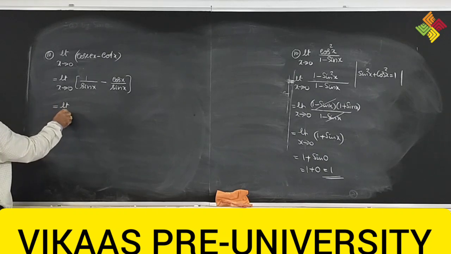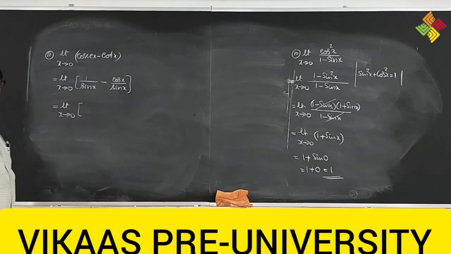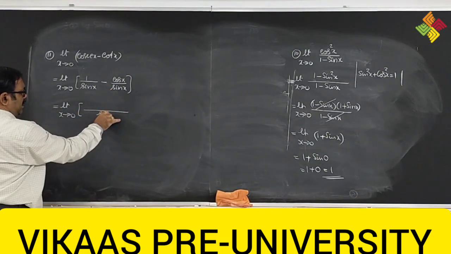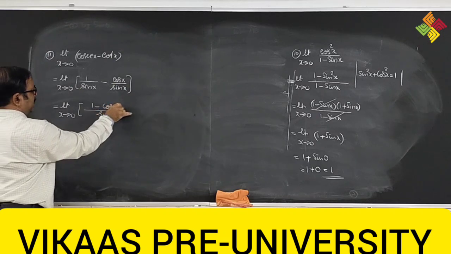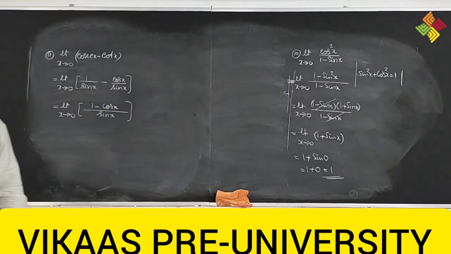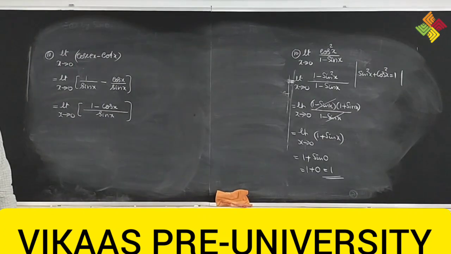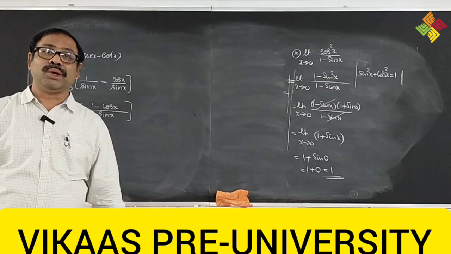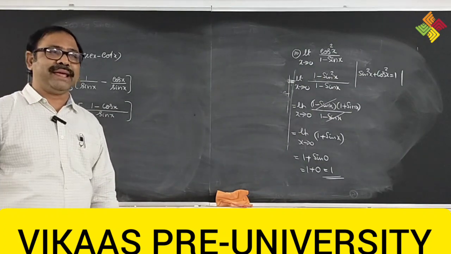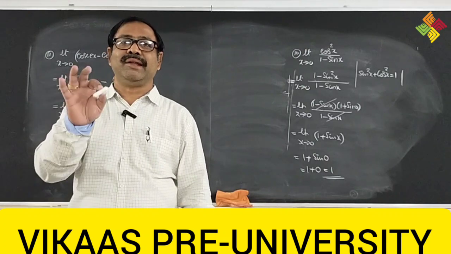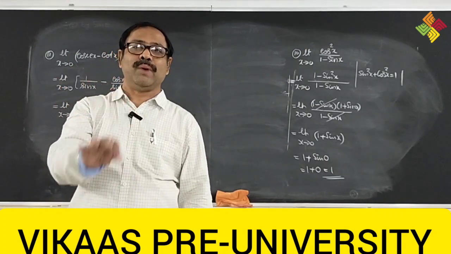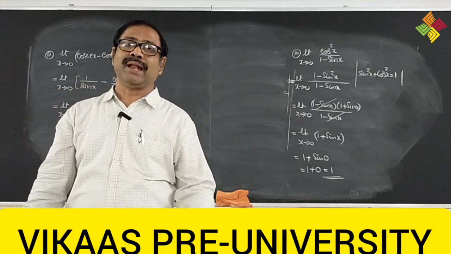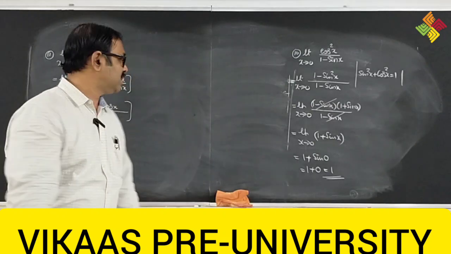Now we write limit x tending to 0. You take LCM. What do you get after taking LCM? The numerator becomes 1 minus cos x. Now once again, application of the trigonometry formulae that you have already studied. I have told you while taking these trigonometry classes that trigonometry formulae are the most important ones, which have too many applications in differentiation, limits, differential calculus and integral calculus.